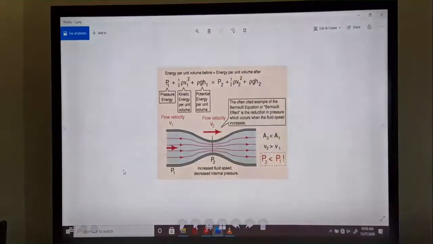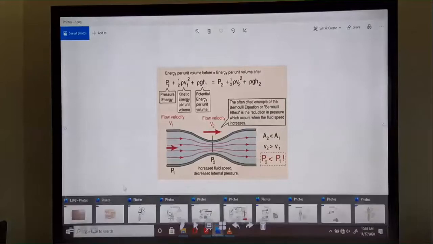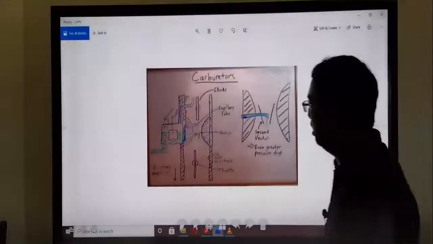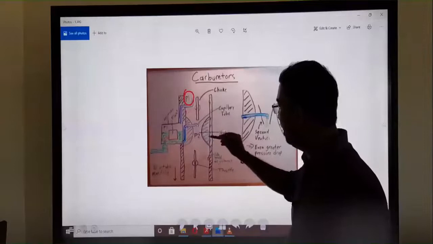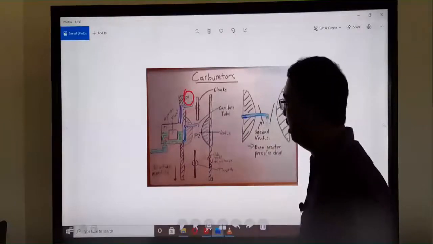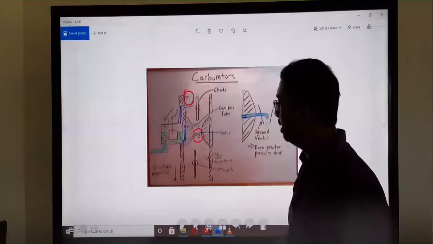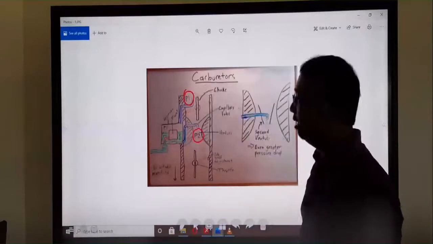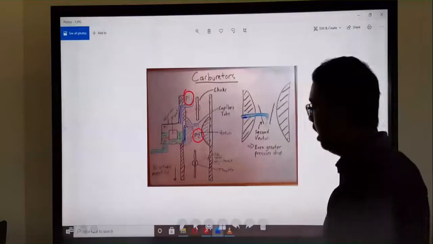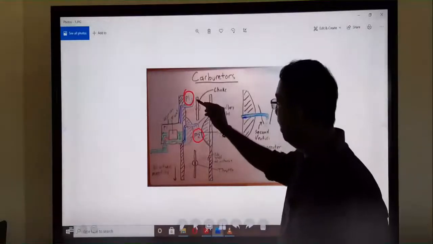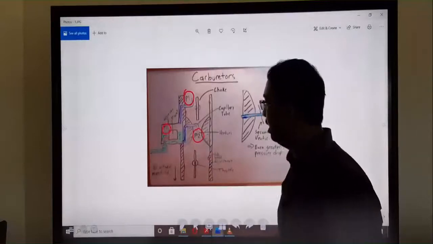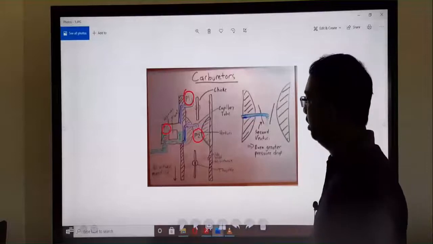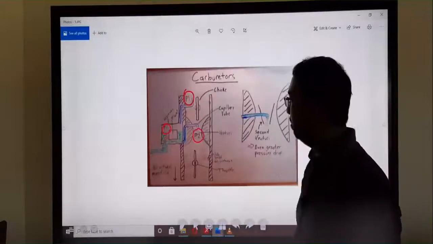Here we can see the atmospheric pressure, called P1. Here the cross section is reduced by the formation of the venturi. So the pressure P2 here is less than P1, which is atmospheric pressure. A capillary pipe is also connected to the tank to maintain the tank pressure at atmospheric pressure. So both are at the same atmospheric pressure.